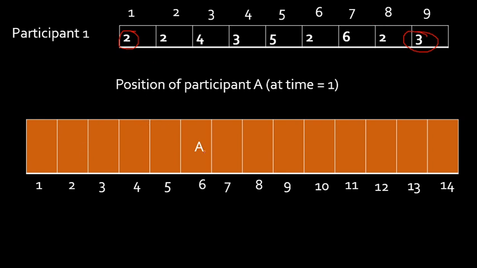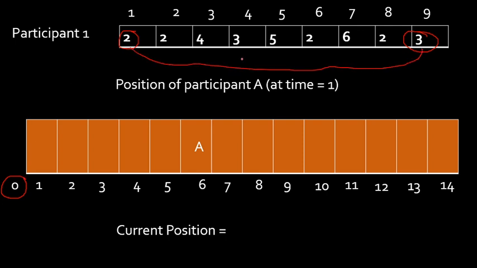A has reached 6. How did we calculate this value? To calculate the current position, we are adding the previous position with this product. Yes. 2 into 3 is multiplied and the product is added to the current position. That is what we did. From the current position, total distance covered. Okay. So 0 plus 2 into 3, which is 6. We'll just work on 2 more cases for better understanding.